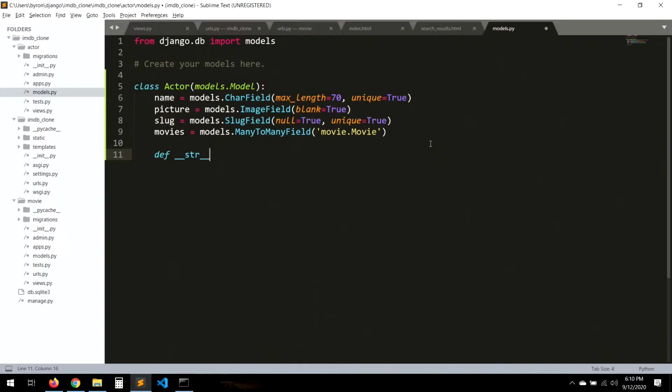let's create a method here for the self, and then this will return name. And also let's override the save method. So if we don't get the slug, we can create it, right? Just put args and kwargs